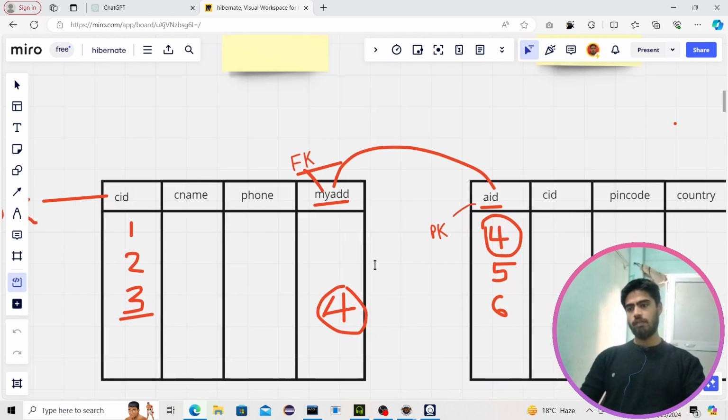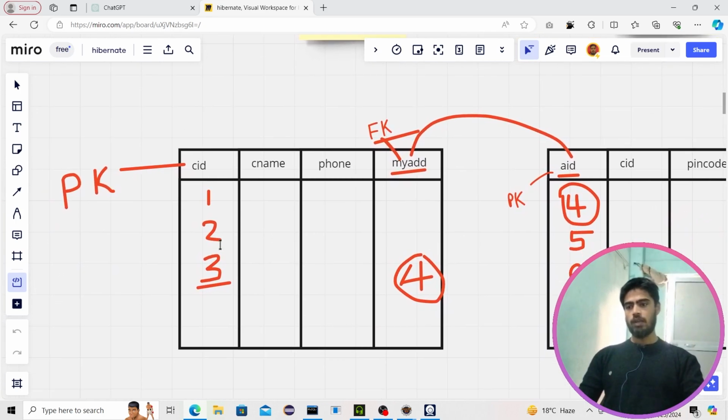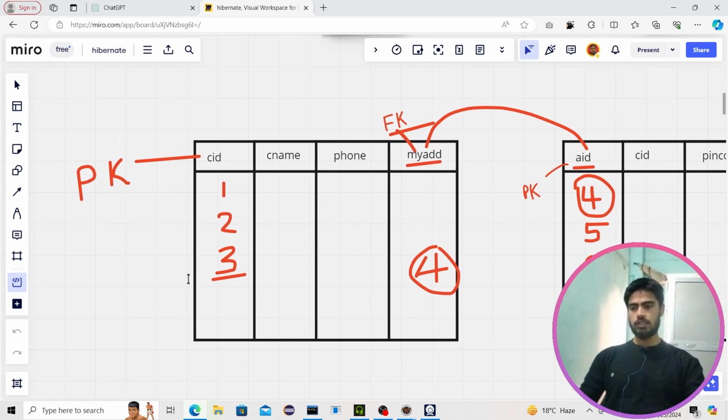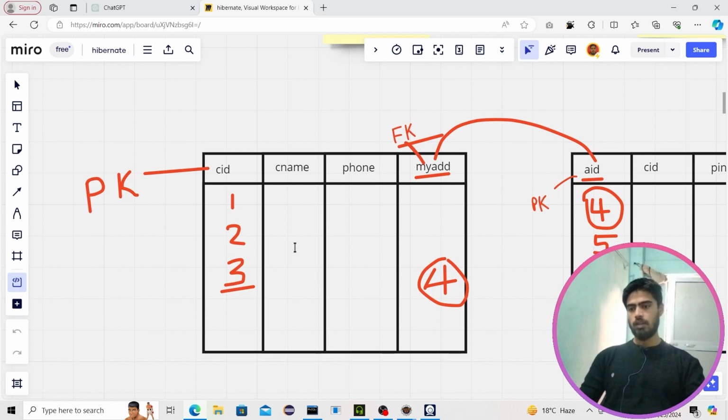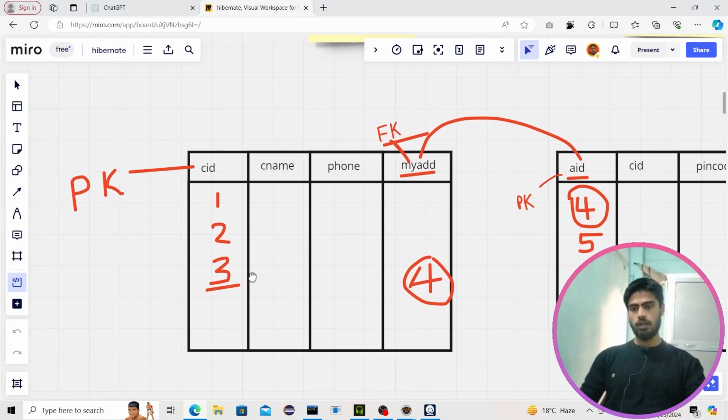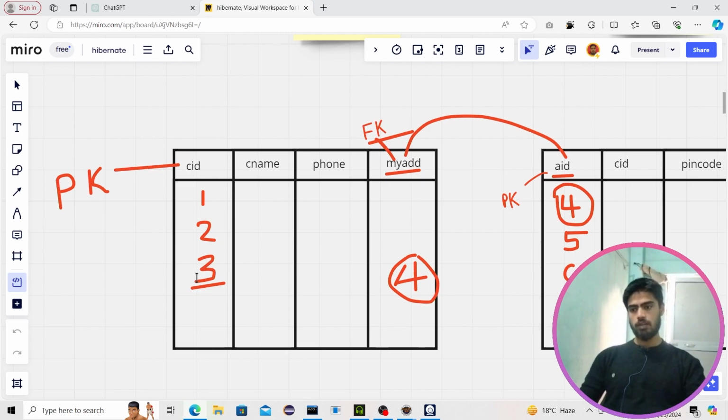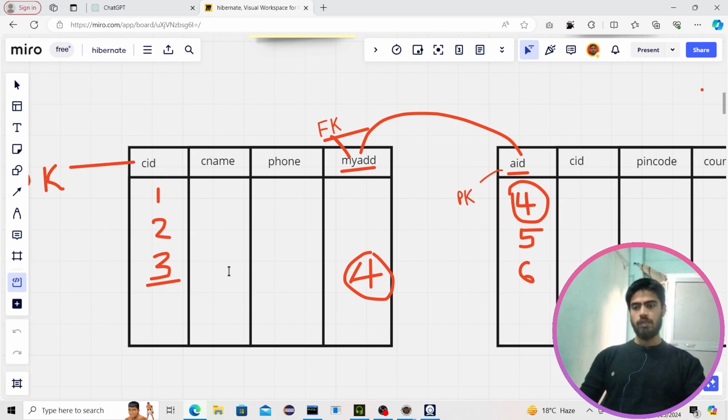For that, first we load the customer to which we want to provide an address. Suppose session.load and we load the third customer, and with that corresponding customer object, we are going to use a setter method to add values in this column my add,